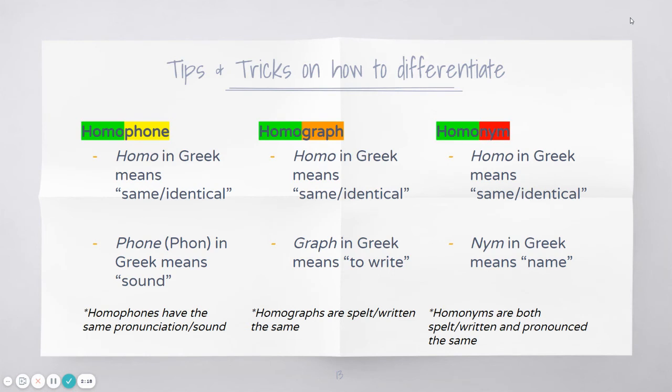Tips and tricks on how to differentiate these. All of them start with homo, which in Greek means same or identical. And then for homophone, in Greek, phone means sound, which means that they have the same sound; homophones are pronounced the same. Graph in Greek means to write, which means they are spelt the same, and homograph would mean they're spelt the same. And nym in Greek means name, and homonyms are written and pronounced the same, so they have the same